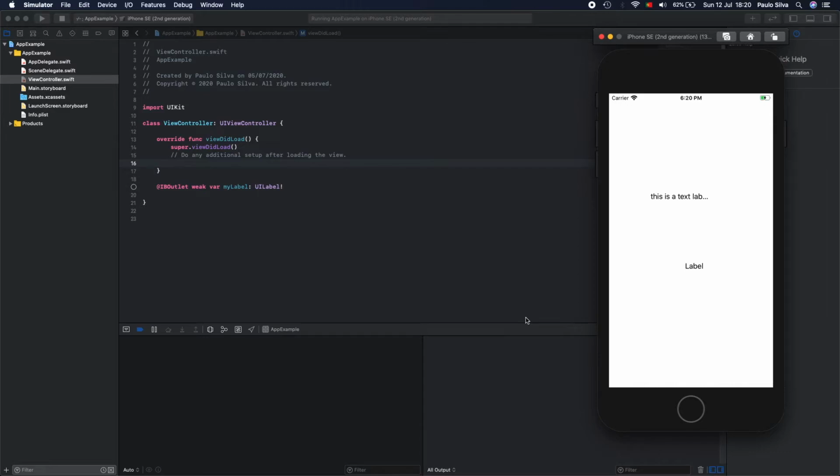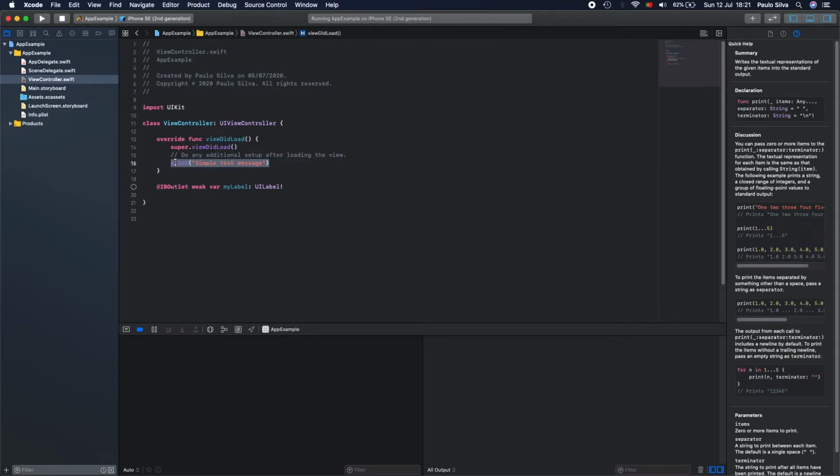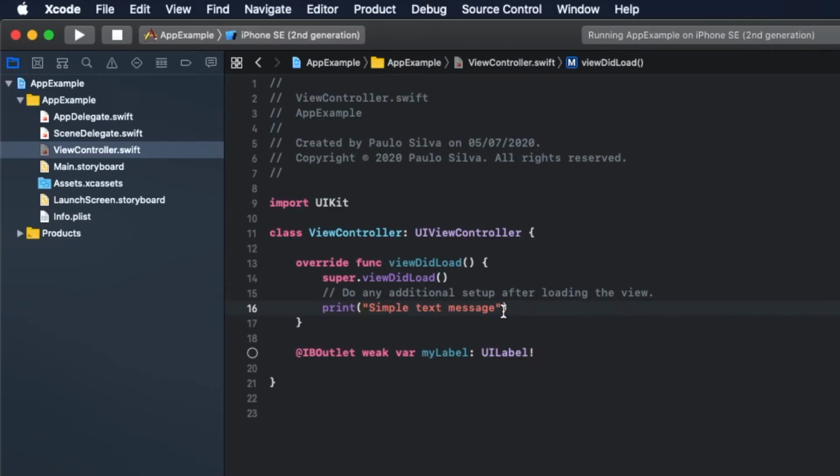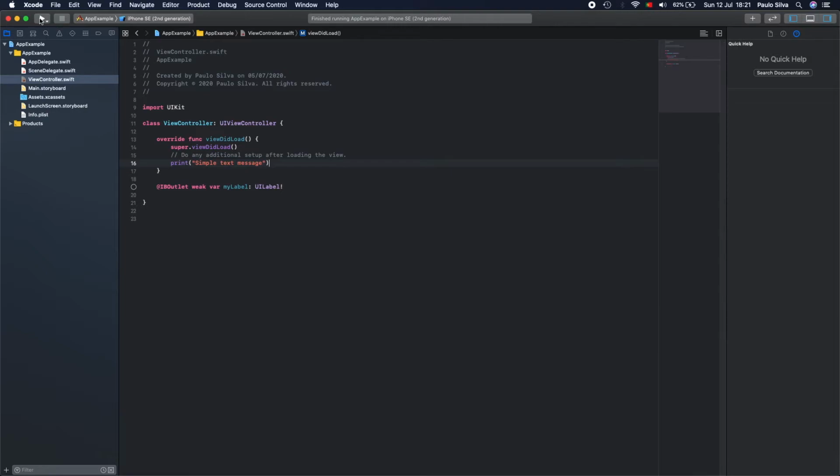If we run the app in the simulator, it will take some time the very first time you try to run it, as there's a lot of things to install. Once your app loads, you can see the UI you built on your main.storyboard file. Now, let's add some code into the view controller. Let's print a simple text message, and once we run our app again, we can see that text printed on